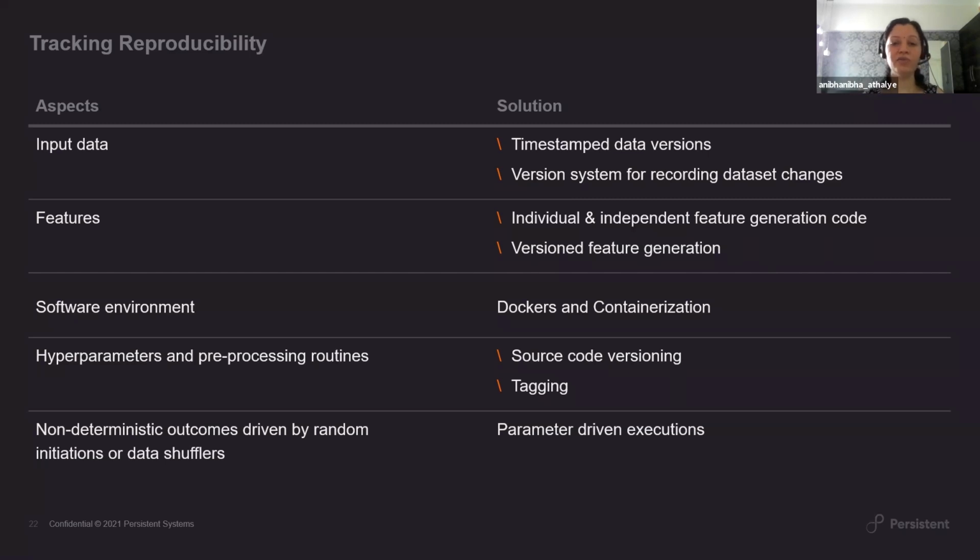And that is why, from an industrial AI ML perspective, feature generation and feature versioning plays a very, very important role. So for an insurance giant, for example, you are really working on the same insurance data. You might have a team of data scientists who are all working on the same raw data sets, and then there are certain features which are derived on top of those raw data sets.